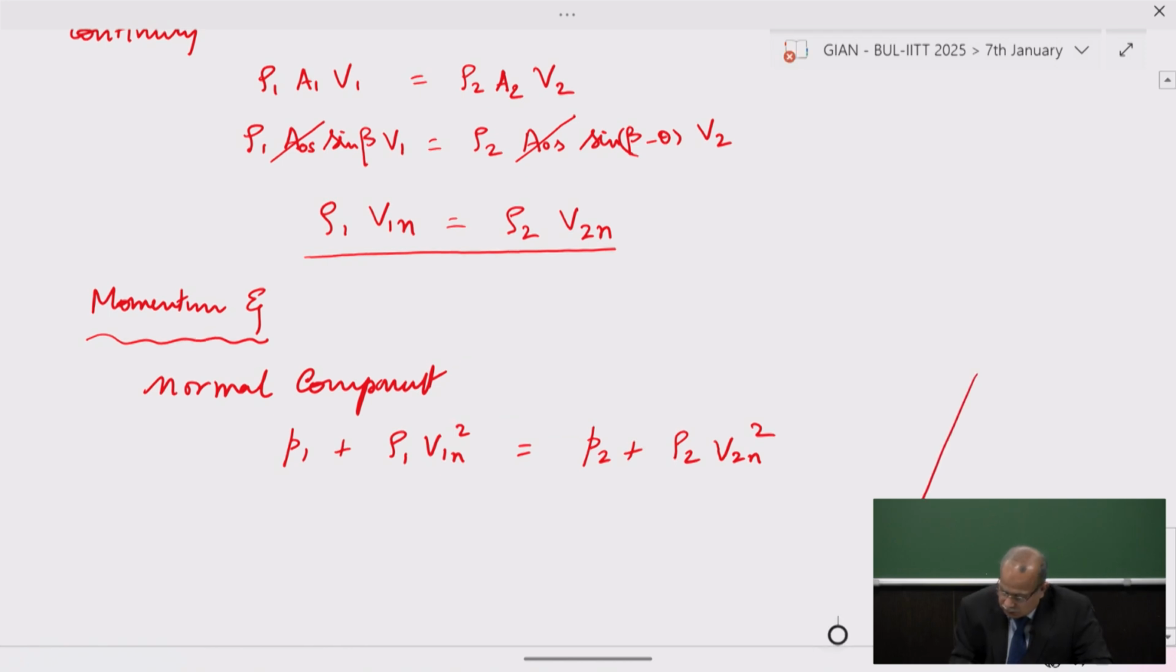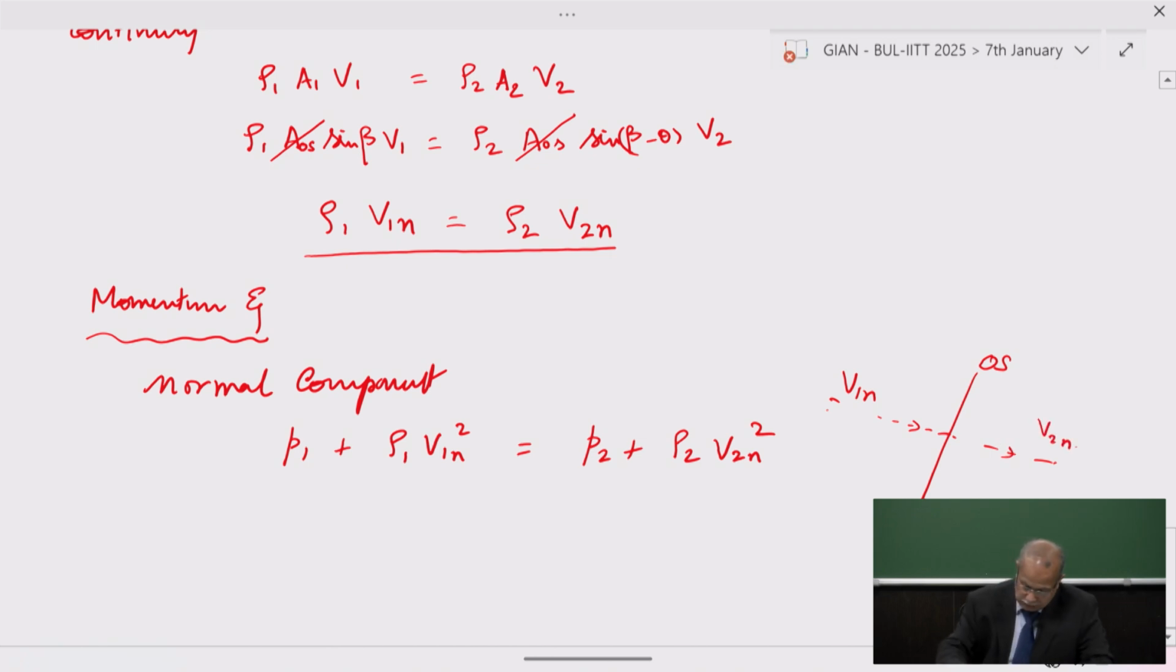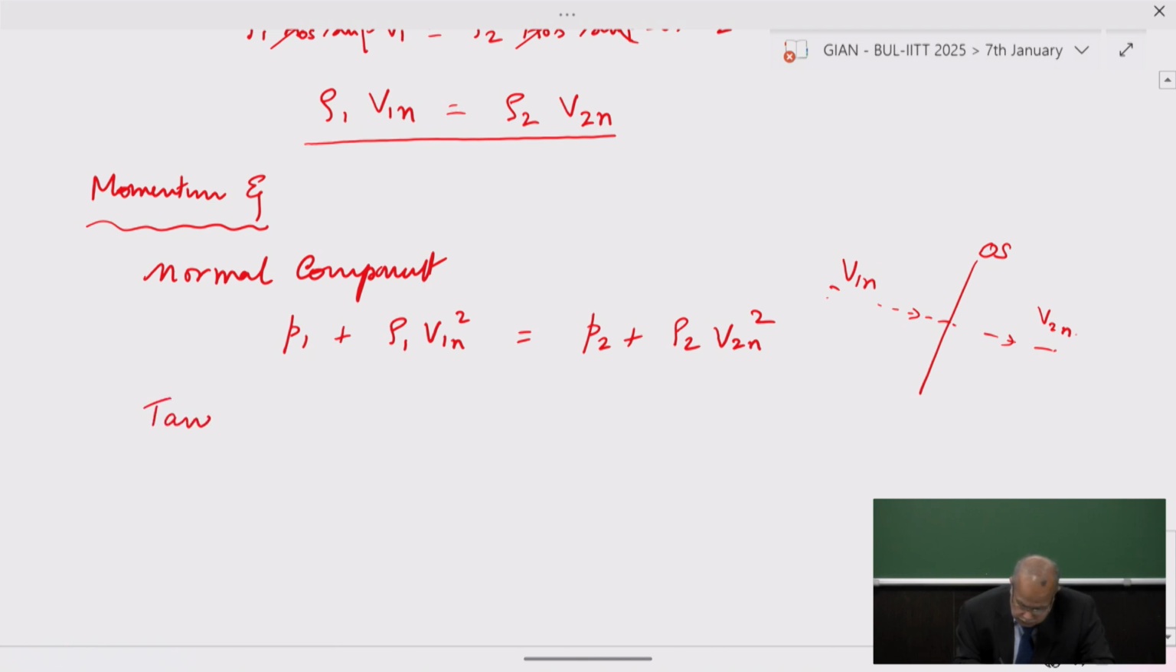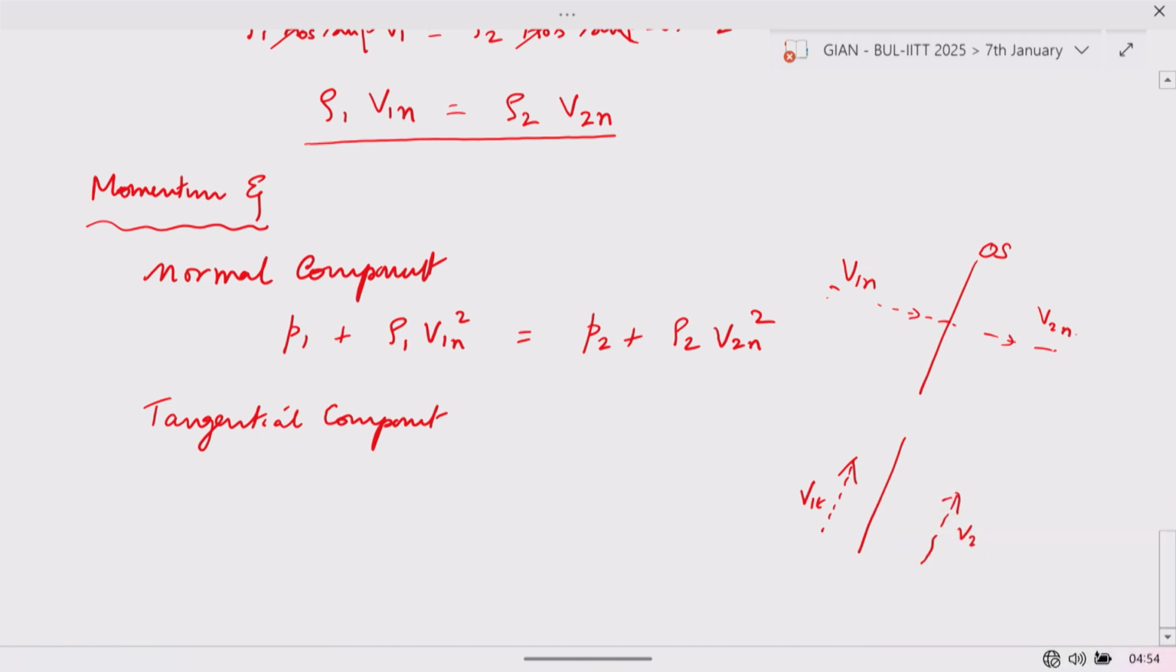This is the one which is V1n, and this is the V2n. But then there is also a tangential component, which is going parallel, V1t and then V2t,